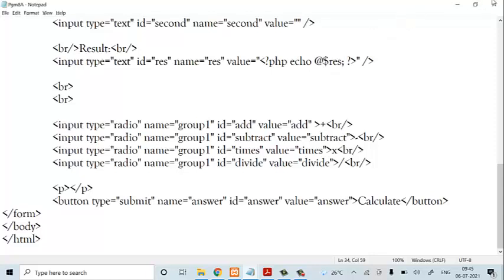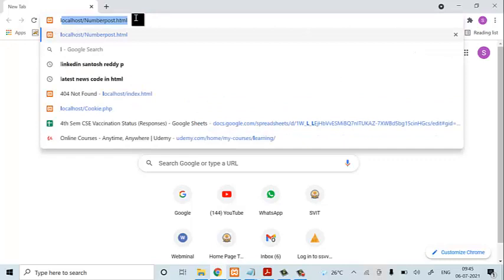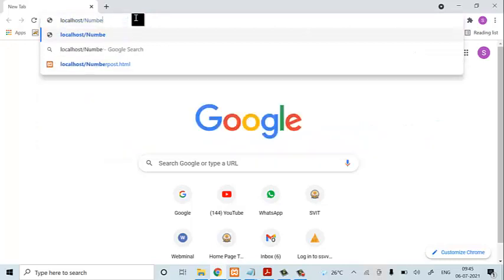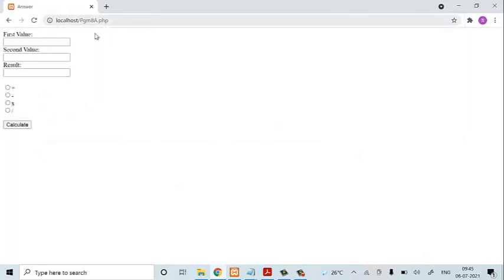Now save the code, go back to your localhost and work on it. Localhost, program 88.php. Now you can check it out. There are 3 text boxes. One is for 10. The second value I'm entering as 10. Now I'll perform the plus operation.